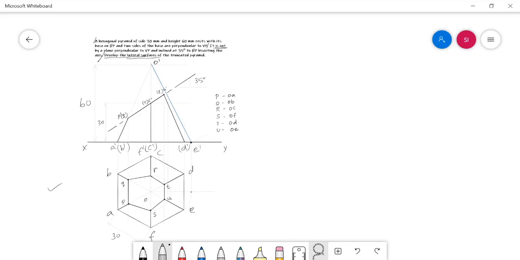Definitely this should be greater than 60 mm. For this instance, I am just taking it as 68 mm roughly. But in your paper, when you draw this with the true scale and true dimensions, some value may vary. Roughly, I am measuring it as 68 mm.